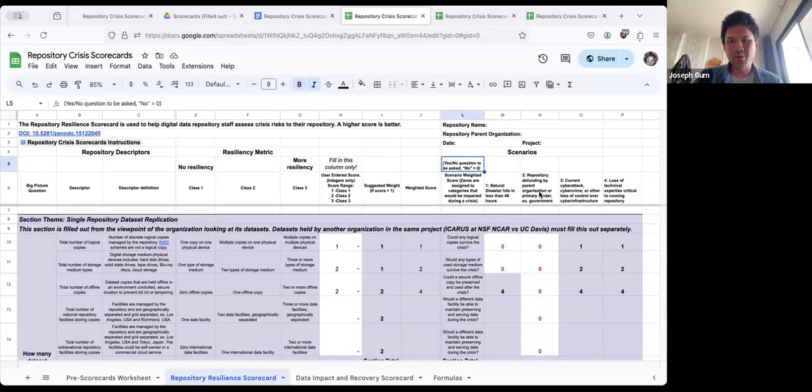So say for this first question, total number of logical copies, could any logical copies survive the crisis? If the repository itself was defunded and everything was to go away, then there would be no logical copies that would be left.